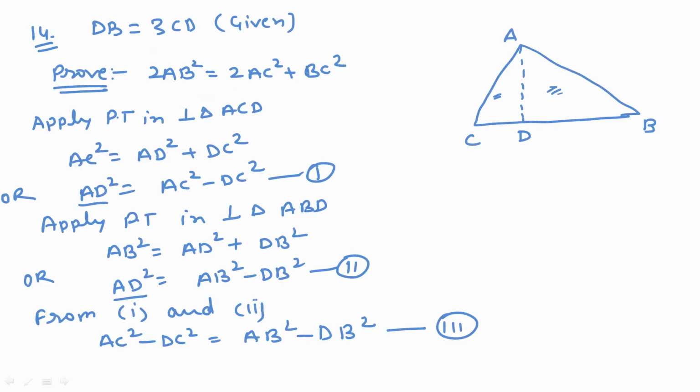You can check here: DB is 3 times CD, so DC is BC by 4, meaning this is the 3 part and this is the 1 part. 3 plus 1 is 4 parts, so BC can be divided into 4 equal parts. So CD is equal to BC by 4,